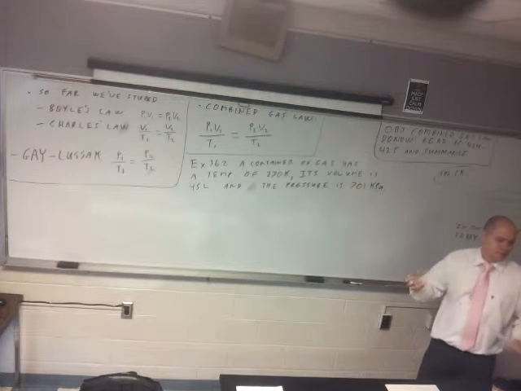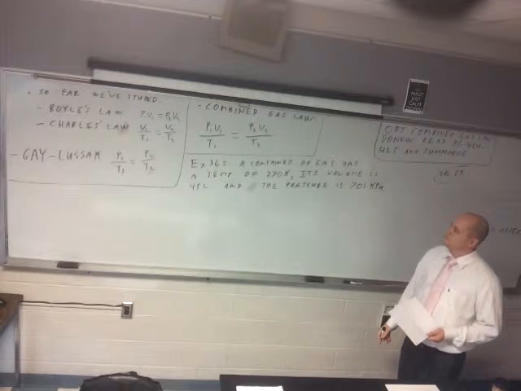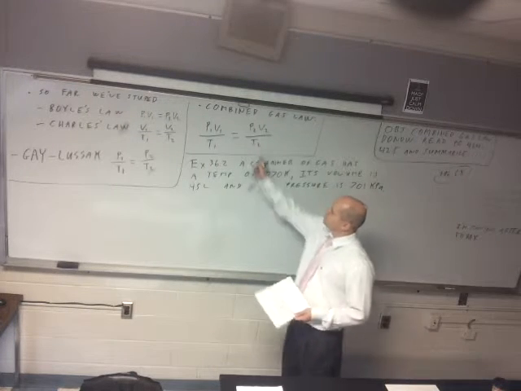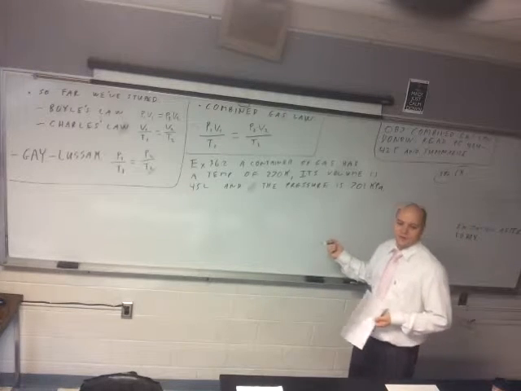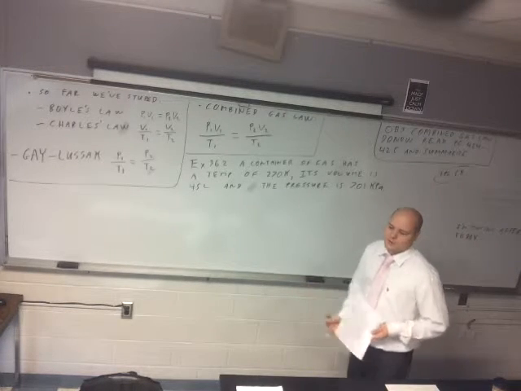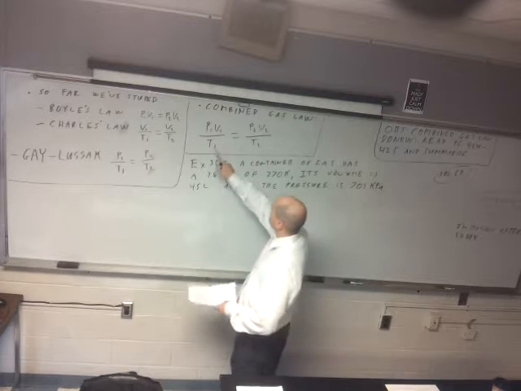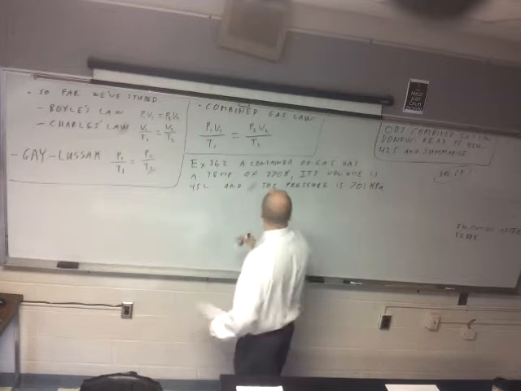Now look, you're looking at the equation, right? How many givens am I going to give you? There's 6 total, so I'm going to give you 5. Otherwise we can't solve for something unless I give you all but 1. If I gave you 2 unknowns, we can never solve for them. So far I gave you P1, V1, T1.